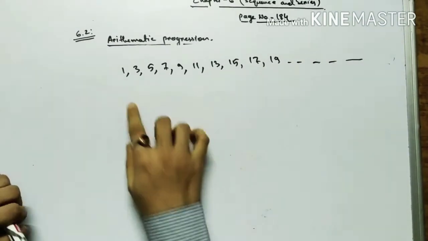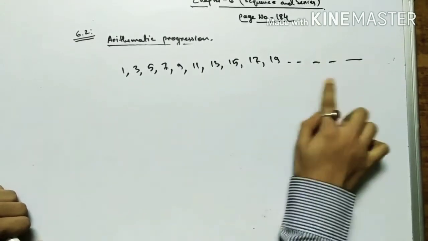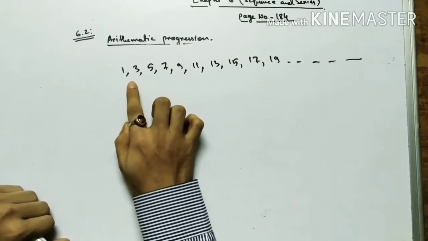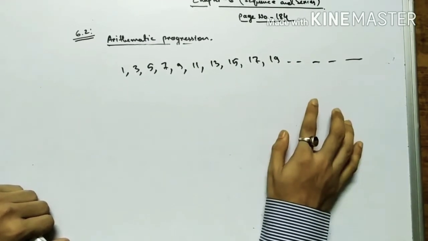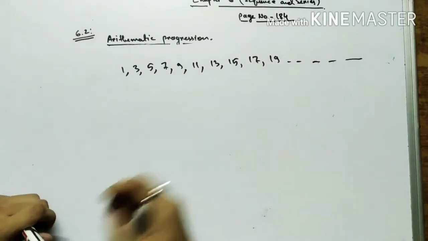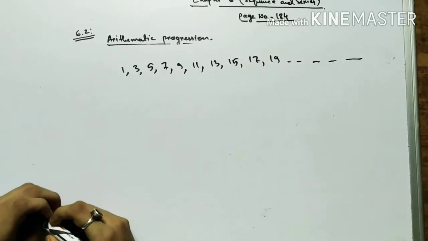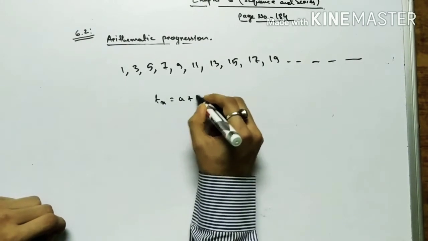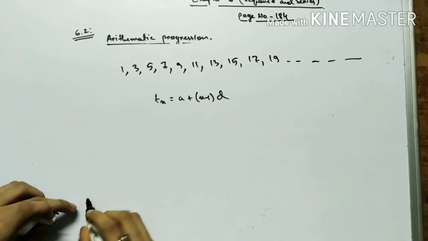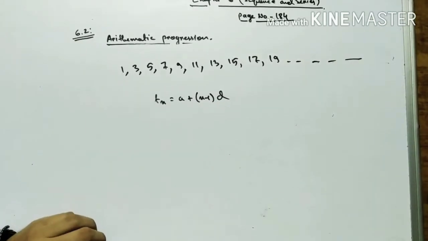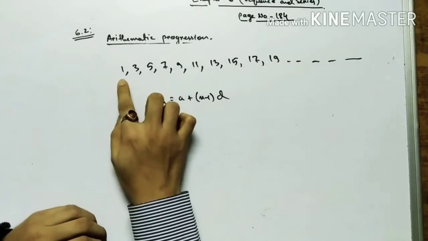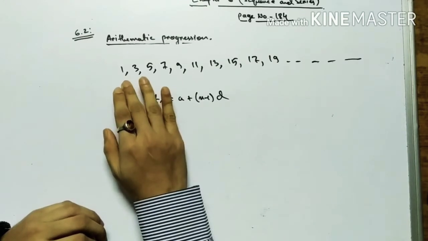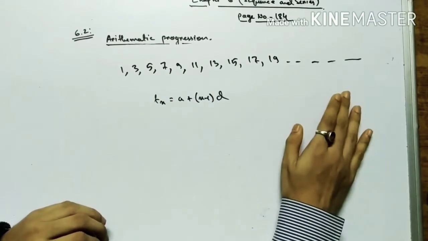Understand? So now let us consider that this is a sequence. Now this sequence is an arithmetic progression, because the difference between the consecutive terms is constant. Understand? Now what is the application of the general term of an arithmetic progression? What is the application of this formula, that Tn is equal to a plus (n minus 1)d? What is the application of this formula? Now you see, in here,